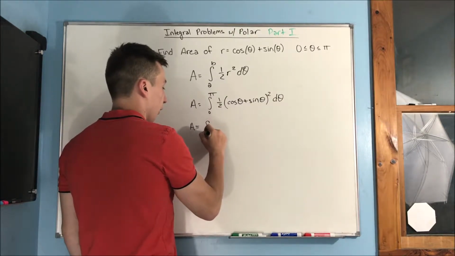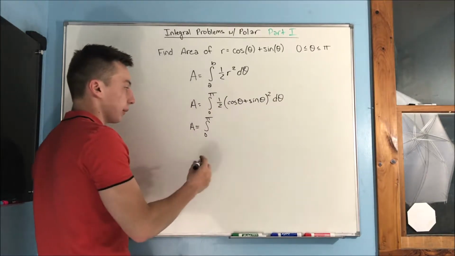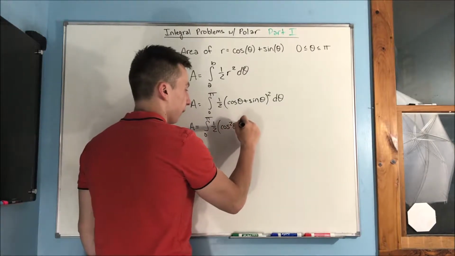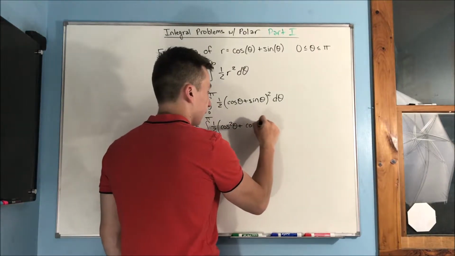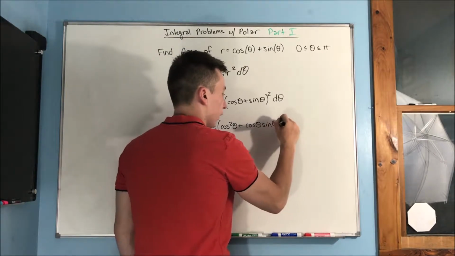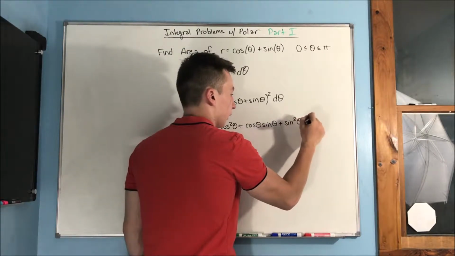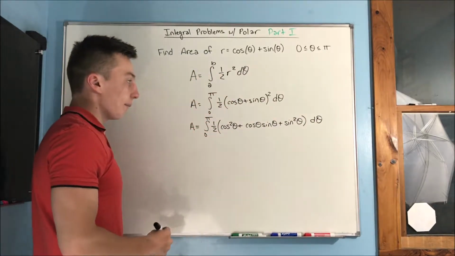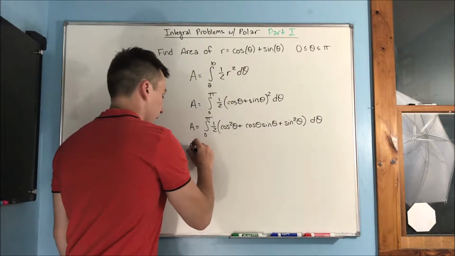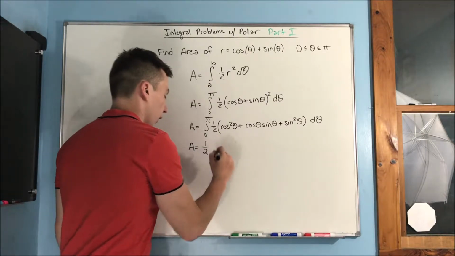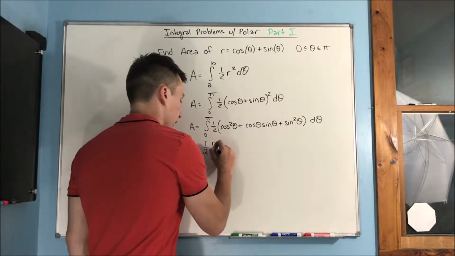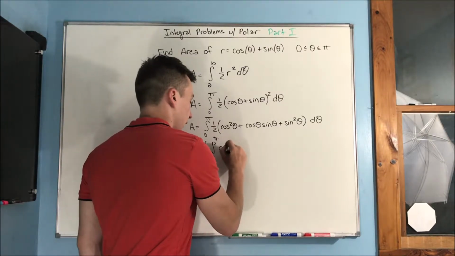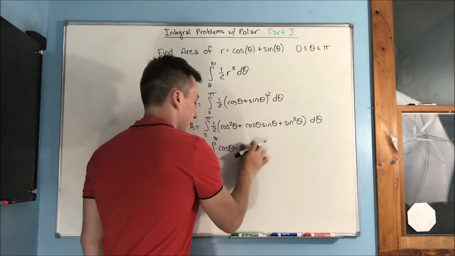Now we get the integral from 0 to pi of 1/2 times cosine squared theta plus cosine theta sine theta plus sine squared theta, d theta. Simplifying this, we get the area of 1/2 the integral from 0 to pi of cosine theta sine theta